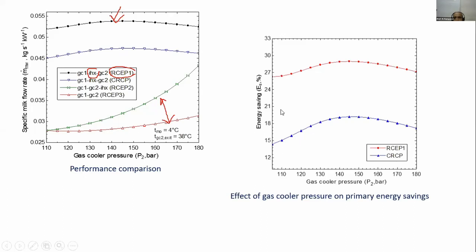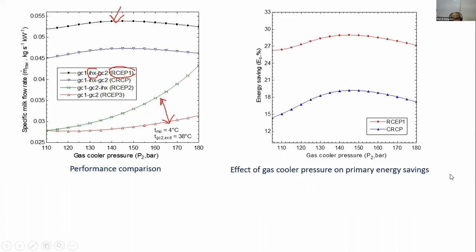Again, if you compare the primary energy savings compared to the conventional system, by conventional system, I'm sure you understand, that means you are using a natural gas based boiler for heating of milk and a conventional R22 based refrigeration system for chilling of milk. So if you take that as the reference,